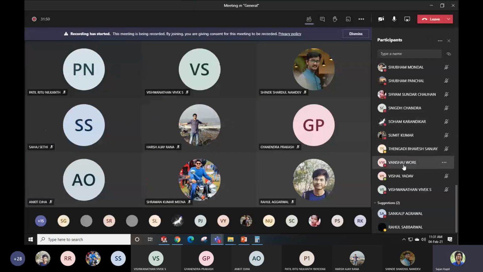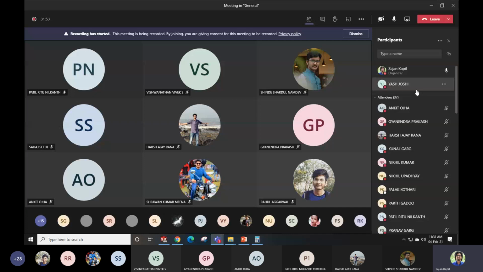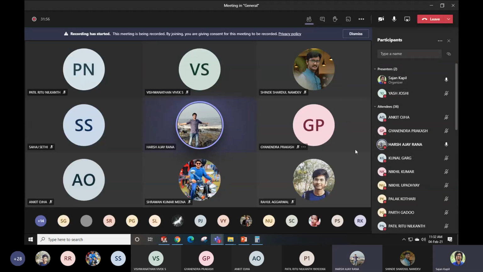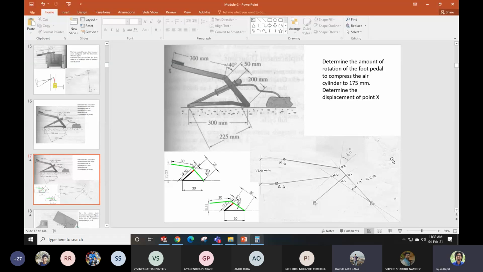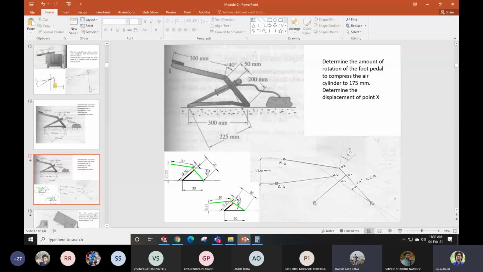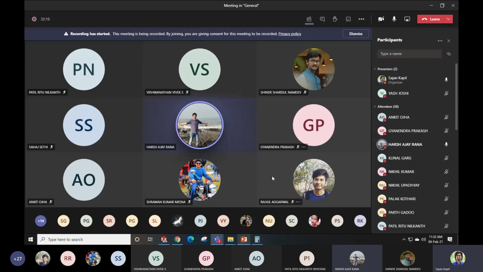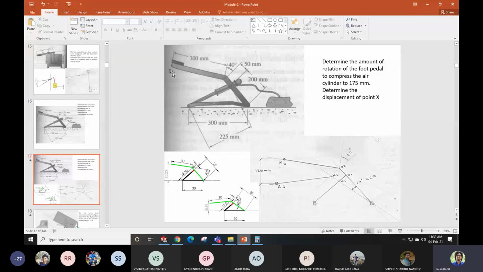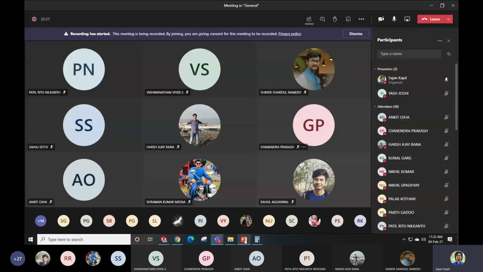Let me ask some of you. Harsh, how much is coming? The vertical displacement? So my angle was coming around 14. 14 degrees. Okay, that is what I got, right? Yes, sir. So I guess the displacement would also be correct. If one of these is correct, then the other will definitely be correct, right? No issues. Fine. I'm asking as vertical, I have measured the vertical displacement, right? So some of you might have measured the exact distance between the 2 points, na? So that is also fine. No issues.